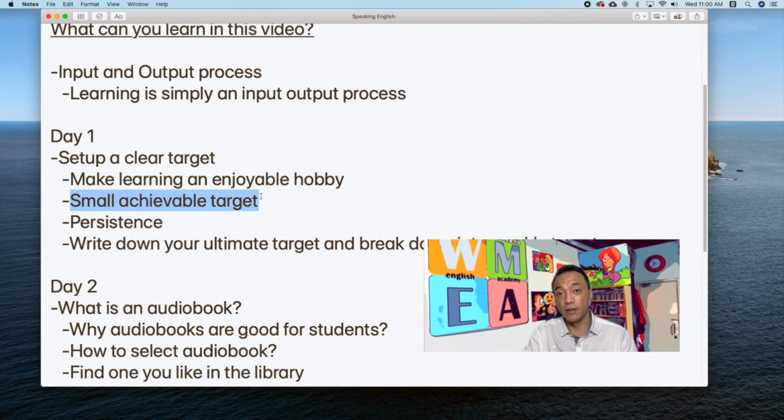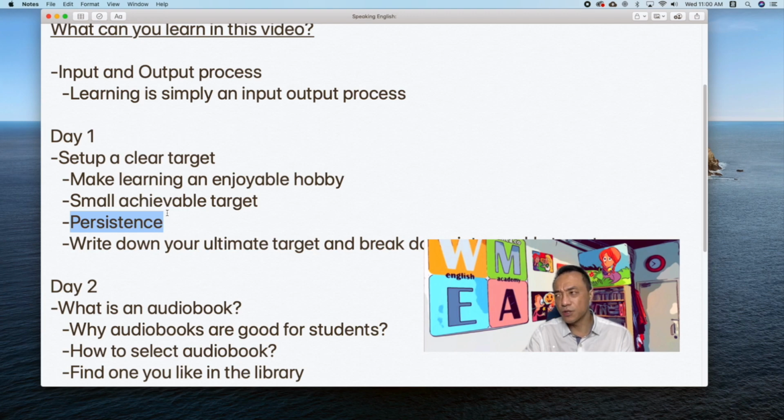During the day 4 to day 10 agenda, we will teach you how to set up a small but achievable target. And also you have to insist on this target. Once you set up a target, you stick to it, and then you do it no matter what. So that's why a feasible target is really important.